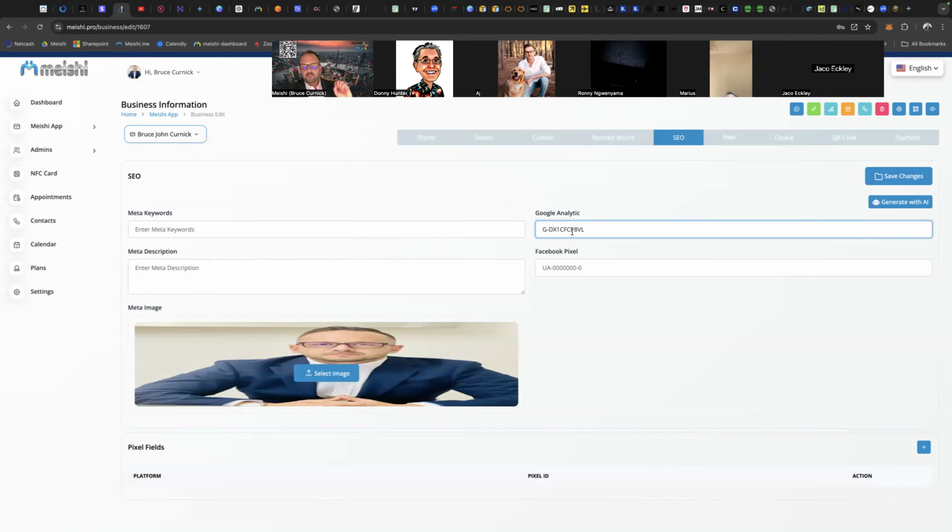But you set up a Google Analytics account, and you get this unique ID, this G-D number. You put it in here, and now you can actually track all your analytics, the performance of your app through Google Analytics. And that's a major breakthrough from our old version. Our old version didn't really show much. And a lot of big companies wanted to know more. They wanted to know each